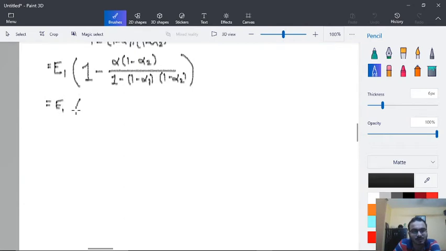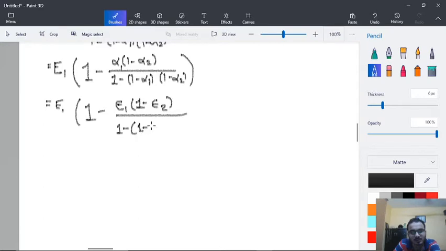So E1 into 1 minus, here it will be alpha 1, so epsilon 1 into 1 minus epsilon 2 divided by 1 minus epsilon 1 into 1 minus epsilon 2,